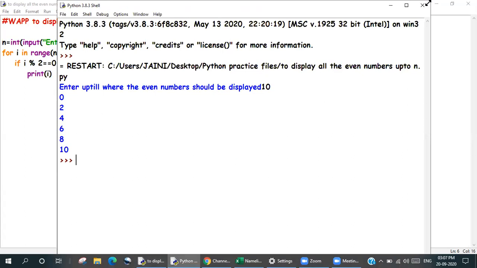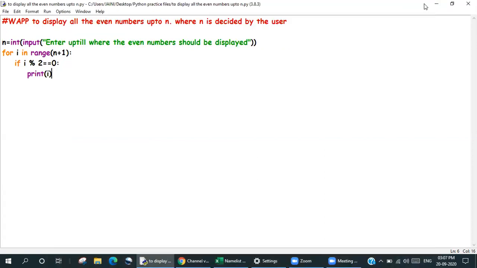So in Python, understand there is no one way to solve all. There is no fixed answer. It is not a subjective concept. It's not like your physics or chemistry or biology where you learned a particular definition or an experiment. No, over here it will differ every time, depending on your logic, on your thinking, and there can be chances where you all may come up with a completely different kind of solution, but till the end result is same, it does not matter. Okay, so this is displaying all the even numbers up till the number that the user gives us.